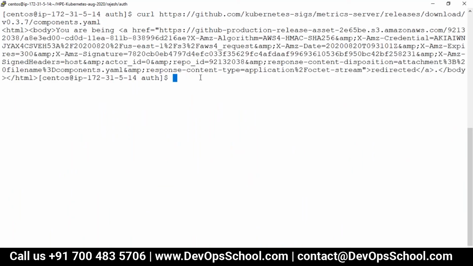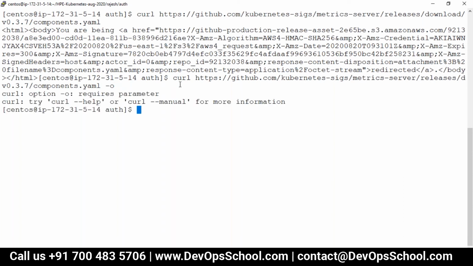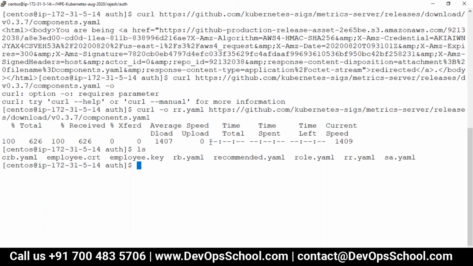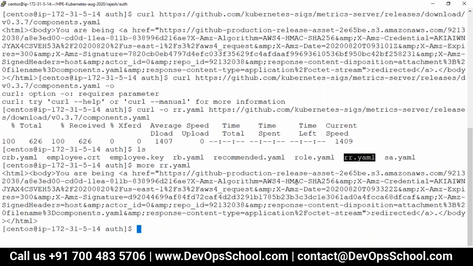I think you have to use -o and the file name. No, at the end. No, I used it. File name, I think you have to give component environment. No, I did actually. No, it's at the end. Redirection is happening. That's the problem. No, it's not the file. It's redirected. See here, redirected.